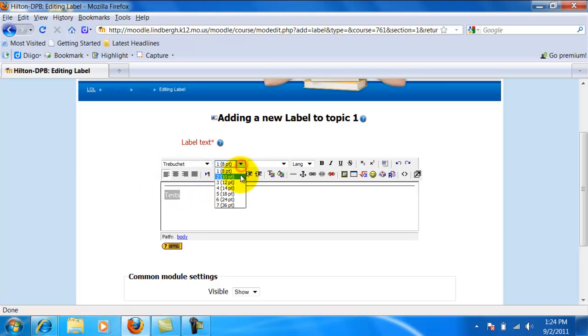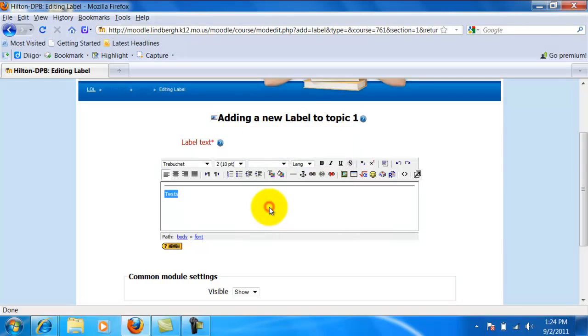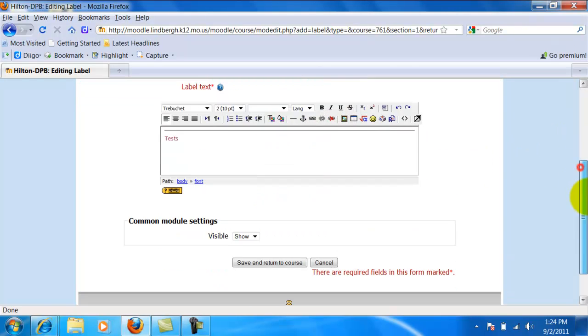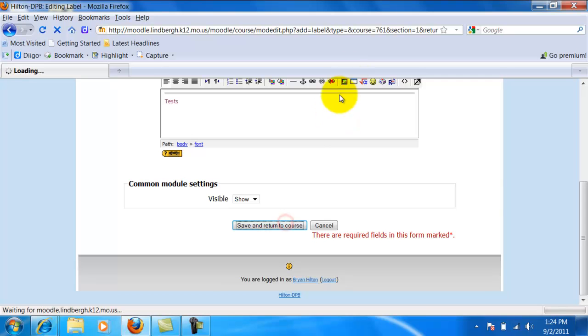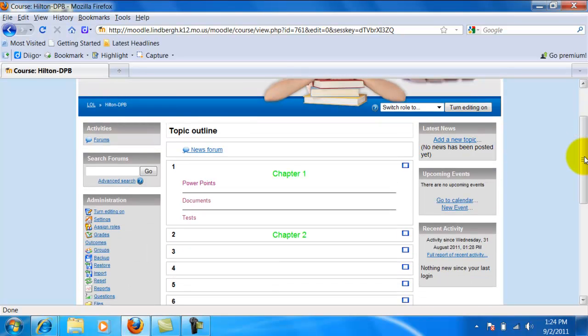Change the type, change the text color. Again, so we can return to course. I'll turn editing off. There. And this has been how to add